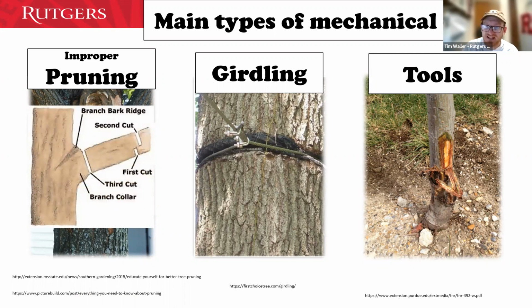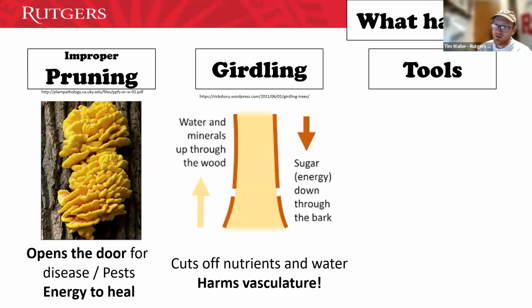That was just a slide to indicate how you want to cut a tree branch. The whole point here is that, yeah, you have a piece of material you want to get out of the way. However, you want to do it in such a way that the plant is able to naturally close up and seal that location. So what happens with these different types of mechanical damages? When it comes to something like improper pruning, whether that's with a pair of Felcos or with a chainsaw,